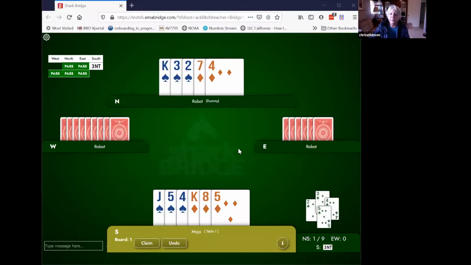I'm going to share my bridge table here. Ta-da. Here it comes. We're continuing on declarer play subjects, and